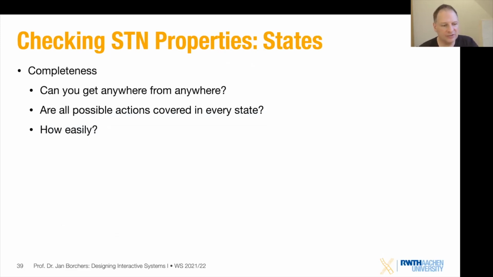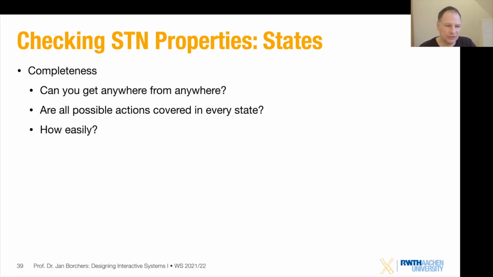So what do STNs offer us in terms of what we can do with them? First of all, STNs, as you know from theoretical computer science, are great at verifying completeness. Completeness means if I'm in any of the states, there has to be some way to get to every other state, however convoluted and complex it is. If that's not the case for any combination, then we have an area in our STN that isolates people from using the rest of the STN. They get stuck in a part of the STN. So that's something you want to verify,